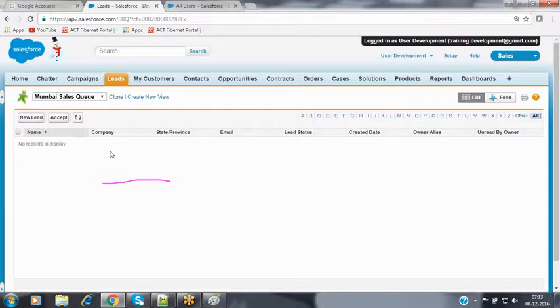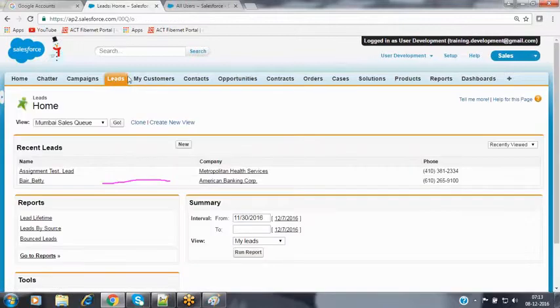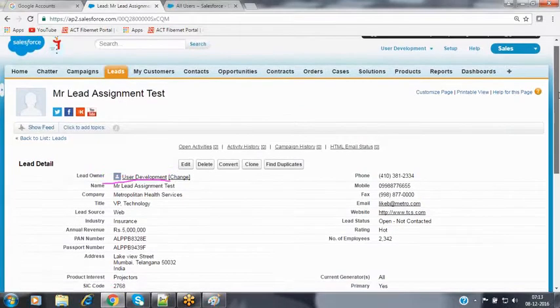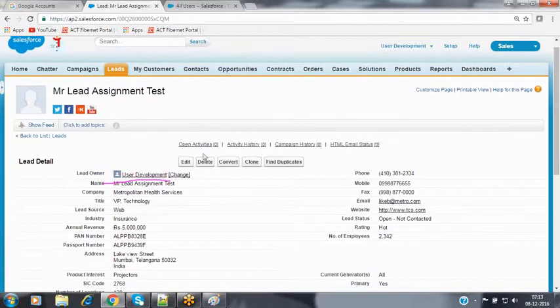Now only one record was available inside the queue, and it has been accepted by the member, so there are no waiting lead records inside that queue. When you go to that member's lead object, the lead assignment rule test record will be there. The currently logged in user will be the owner here, that is, the accepted member, the development user, will be the owner.